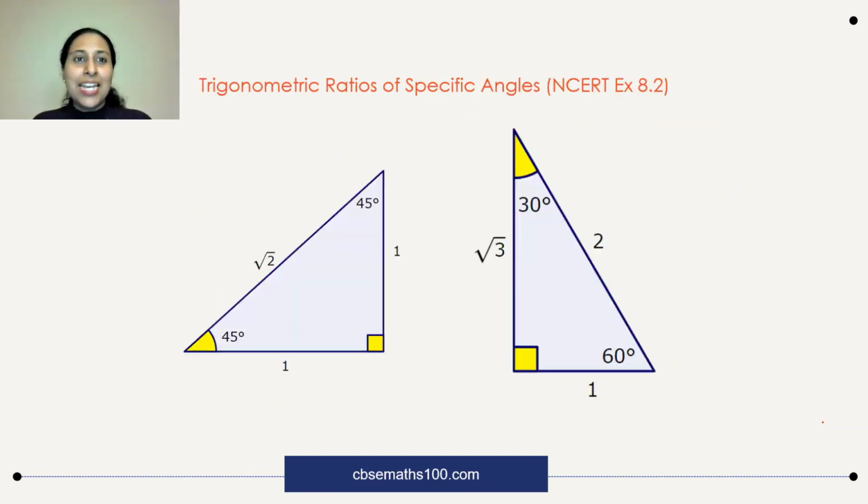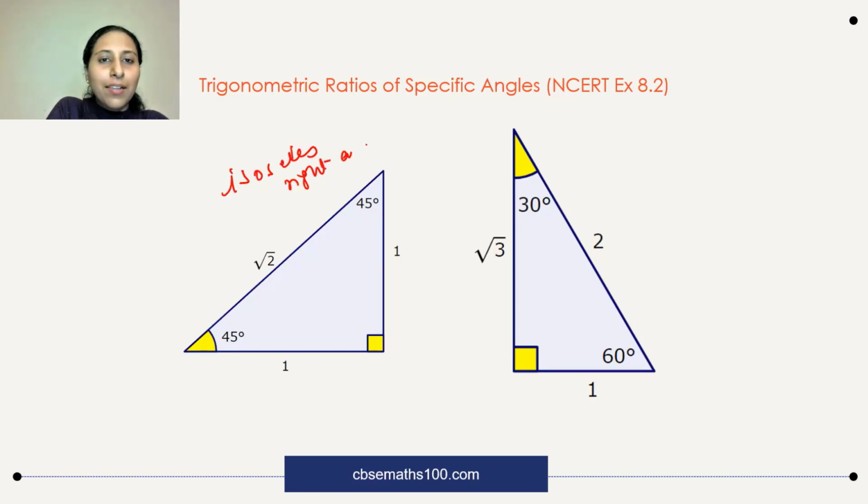Okay. Next, trigonometric ratios of specific angles. What are some trigonometric ratios of very specific angles? Now, I think all of you have already seen the table. You might have already learned some methods to learn the table also, and many of you might be trying to write the table and then find out the values. I just want to discuss a little different method in case you're not used to this already. I would suggest, remember these two triangles. What triangle is this? This is an isosceles right-angled triangle.